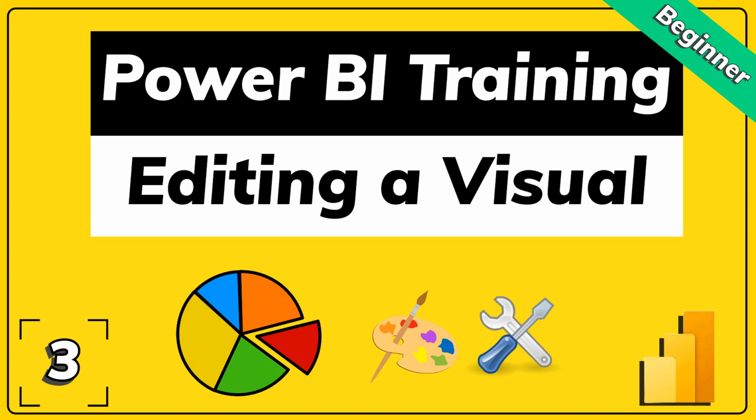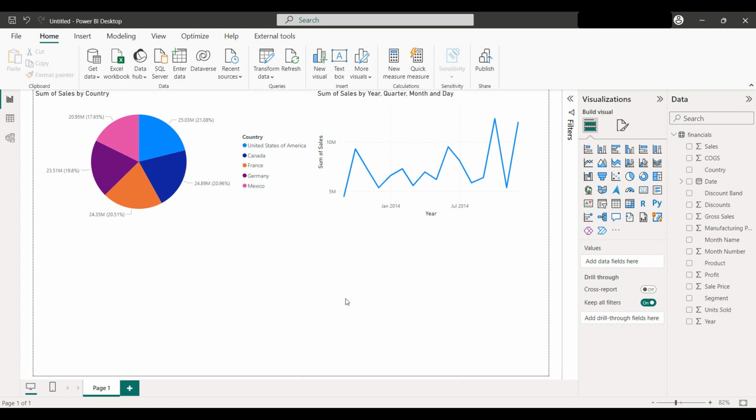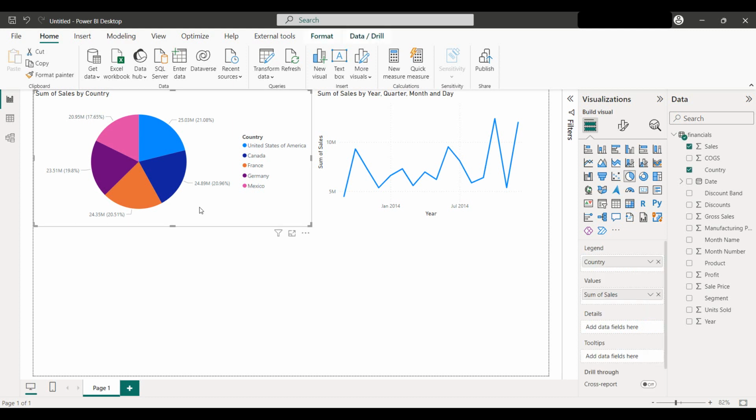Hello! In today's video, we are going to be editing our visuals. With the visual that you want to update selected, go ahead and open up your visualization pane and click Format